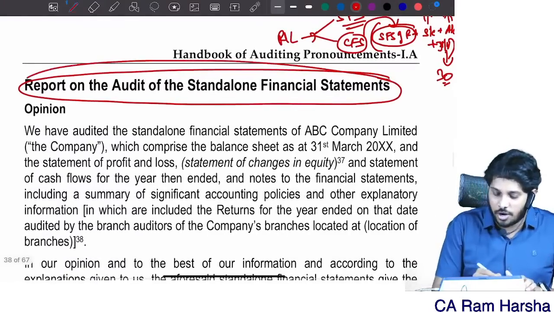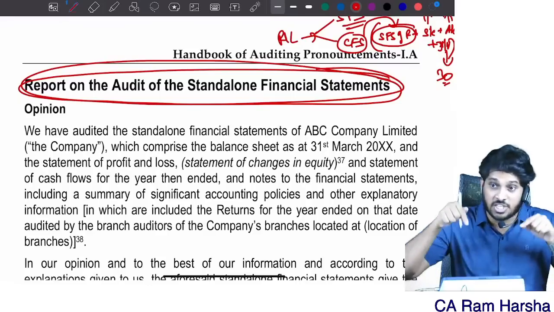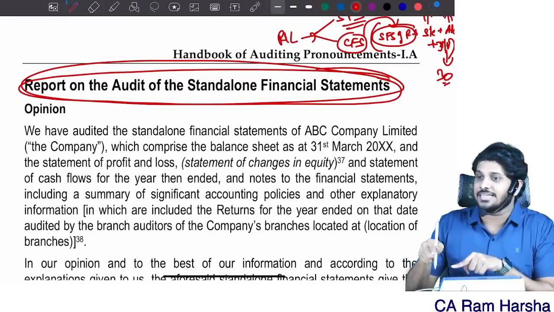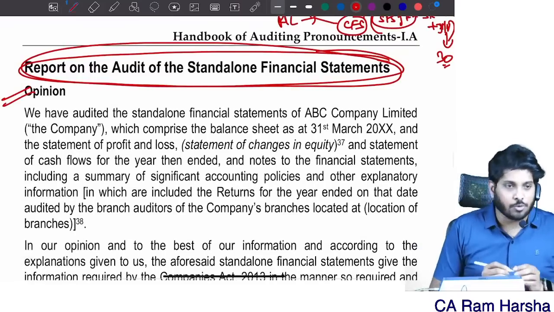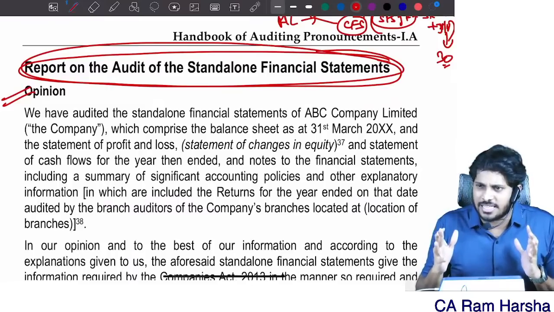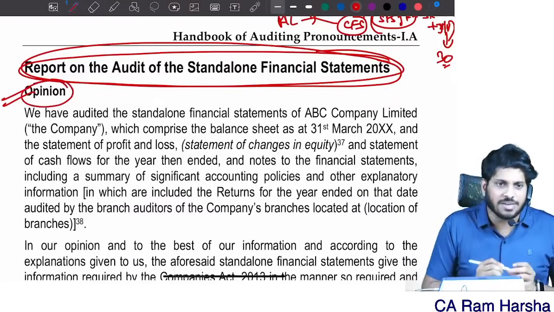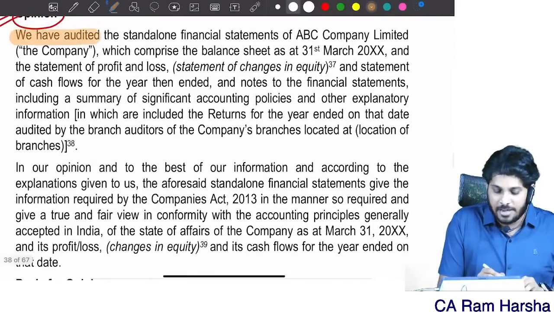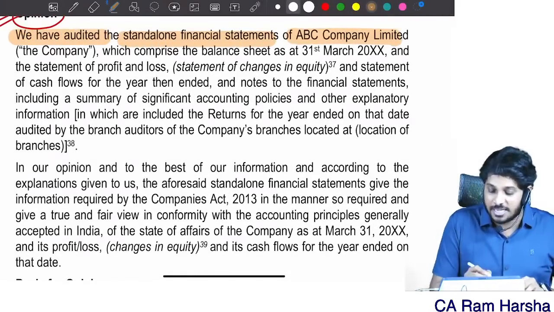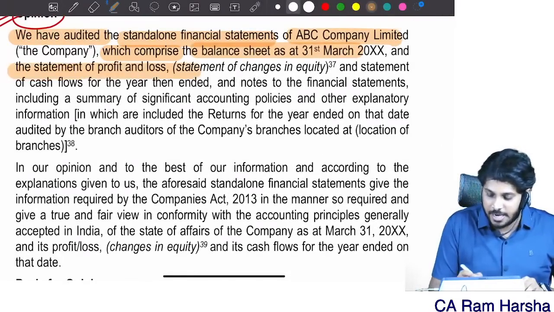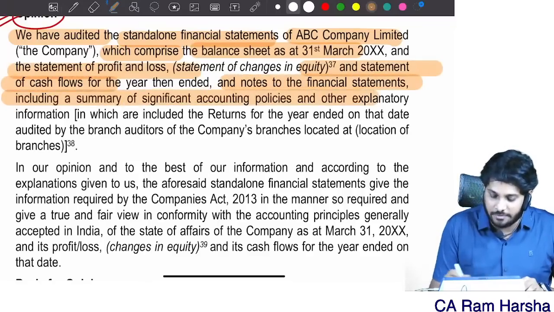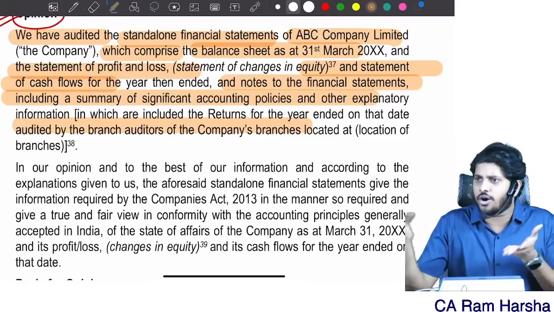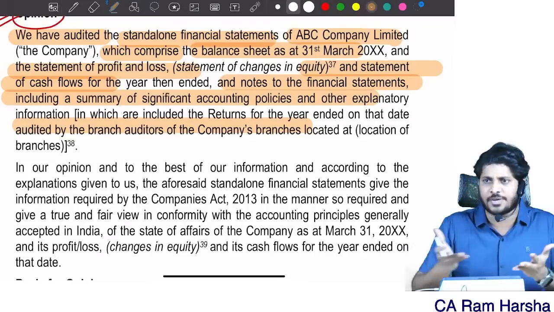When you are giving two audit reports, you should separately highlight which financials this audit report deals with. That's why they are highlighting. Now, what is the first thing the audit report discusses? Opinion. The side heading is very simple: Opinion. What opinion is it? It is an unqualified opinion. You see what they are saying? We have audited the standalone financials of ABC company, which comprise the balance sheet, P&L, statement of cash flow, notes, everything. So the introduction says what we have audited: so and so financials of so and so company comprising so and so items.